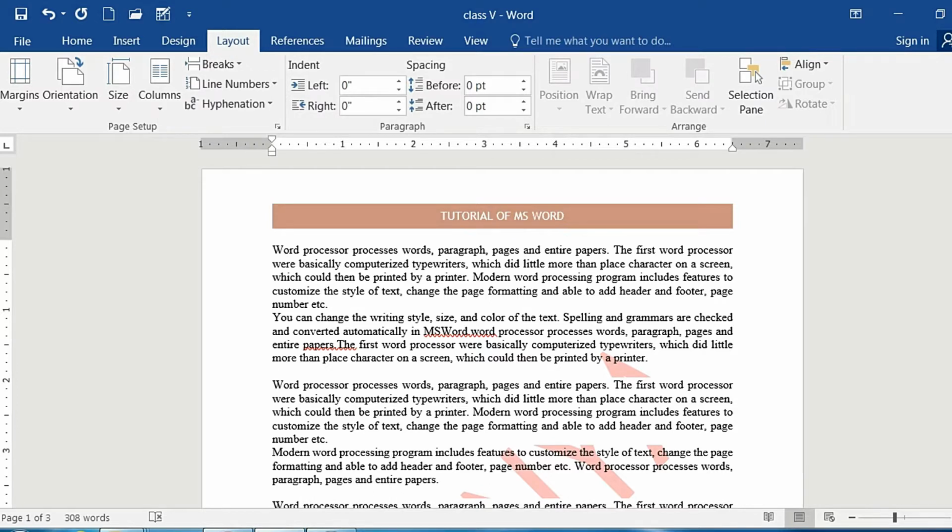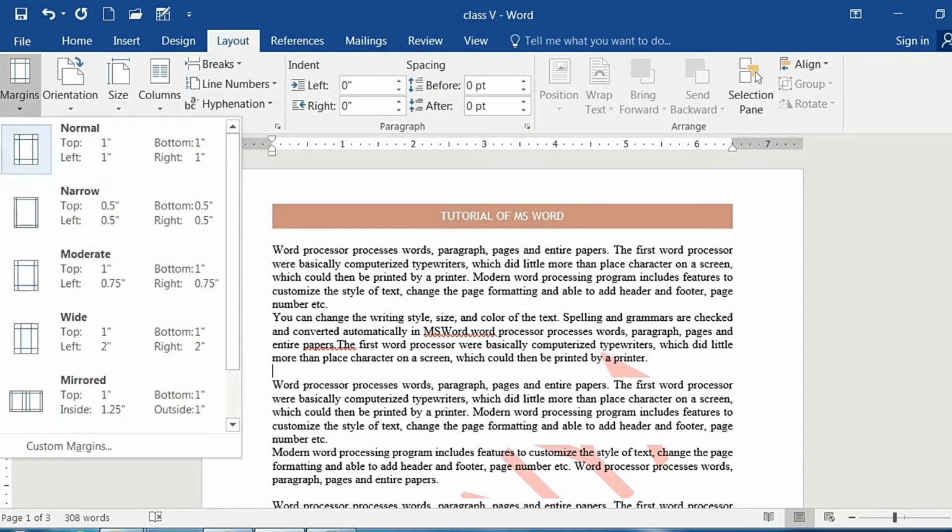The first option is the margin. Let's see what the margin is. You all know what a margin is. It is the space that you find in a notebook or any page, the space in the left, right, top and bottom of a sheet. This is the normal page. Here the inches are mentioned: top is 1 inch, left also 1 inch away from the page, and bottom also has a margin of 1 inch. So this is the normal margin.